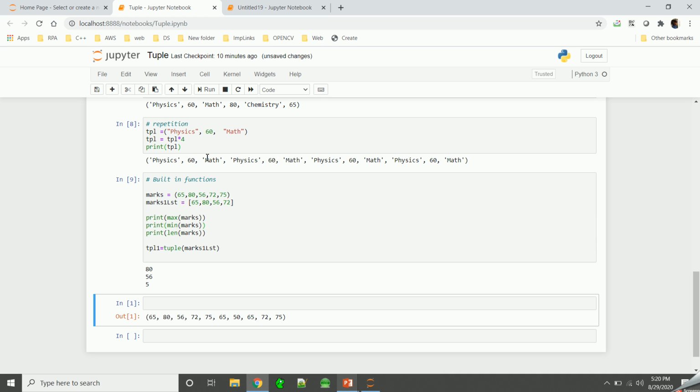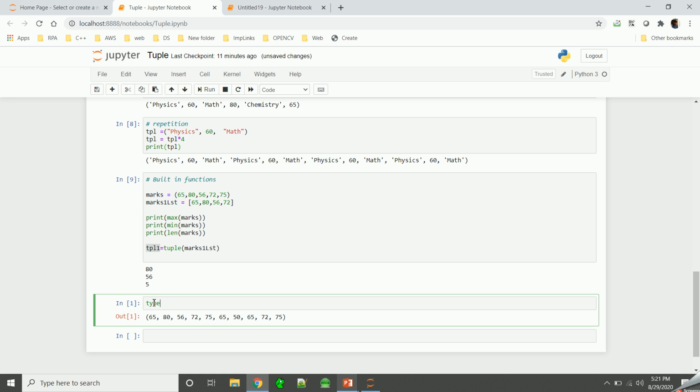In this case, first it is printing the maximum of this tuple, then the minimum, and then the length is 5 because this tuple has 5 elements. Next, we have converted this marks list, which is a list type, into a tuple. Now let's check the type of this.